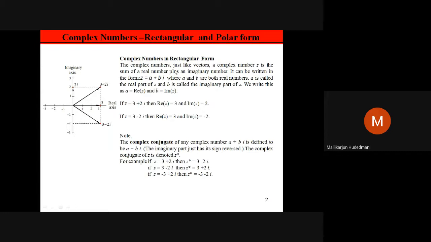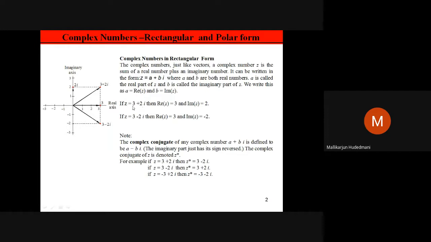So in that regard, the complex number in rectangular form will have two terms. The first term is the real term and the second term is the imaginary term. It may have minus or plus. Accordingly, its position and the real term position intersection is joined with the origin to result in your required vector representation. So this is a very simple approach. From this we may have the complex conjugate of a complex number, or addition, subtraction, anything is possible. This is just to know how a complex quantity is represented. This is how real and imaginary parts should happen.